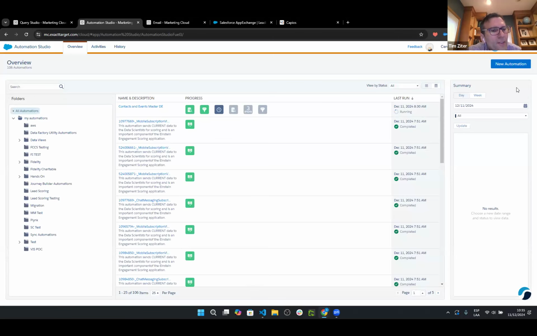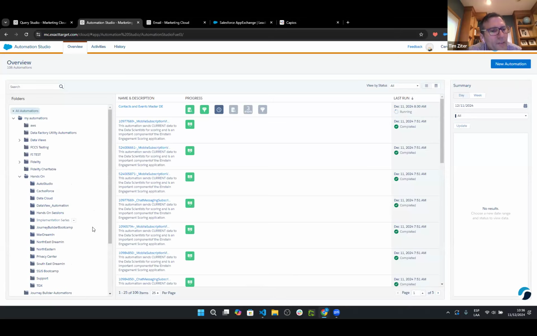Okay. Now over there on the left, there should be a hands-on folder in the folder tree. If you can open up that little caret to the left of it, let's just see what's in there. There should be a little arrow to the left that will open up that folder, right to the left of hands-on, where you just were. Yeah, there you go, perfect. And then if you click on Auto Studio,